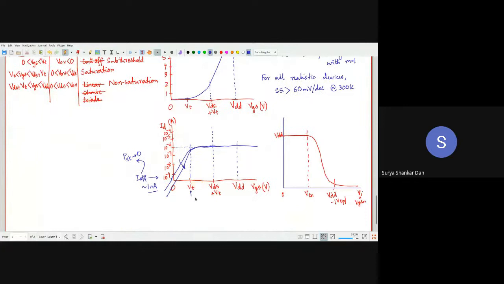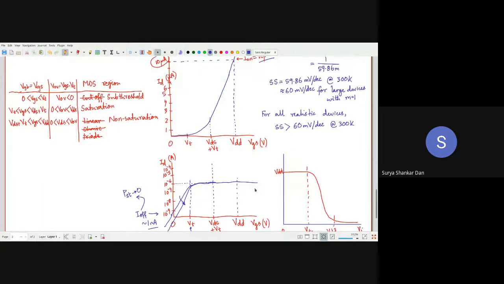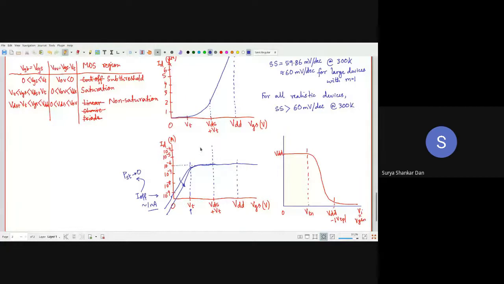We can never increase VT. In fact, one of the main interests in the scaling theory was that your VT should be reduced. Anyway, we cannot increase VT. However, we would like to decrease the subthreshold slope. All right. So this is called subthreshold. This is threshold, subthreshold. That means lower than threshold. The slope of this, we call the subthreshold slope.